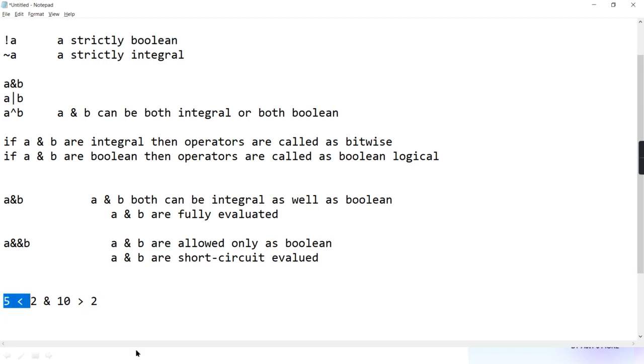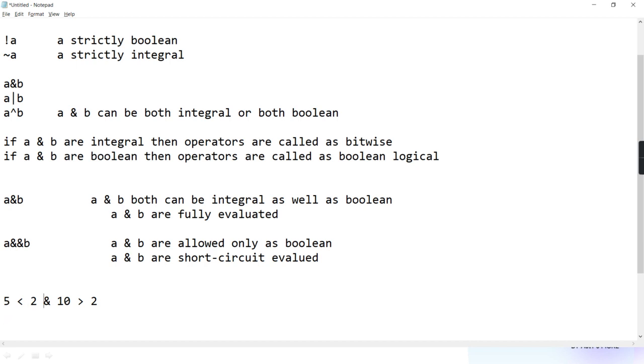Will it evaluate 5 less than 2 first? Yes, the answer is false. But now you know that in ANDing, when one is false, the complete result is false. Yes. But still it will evaluate both the things. Still it will evaluate 10 greater than 2. That is true, and then it will do the logical ANDing of false and true. You understanding, guys? So in this case, fully evaluation. Whereas in this case, it is short circuit evaluation.